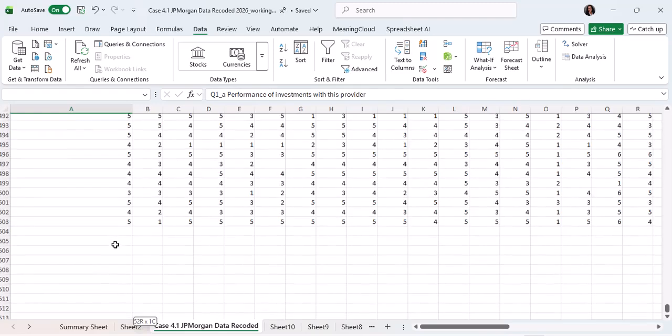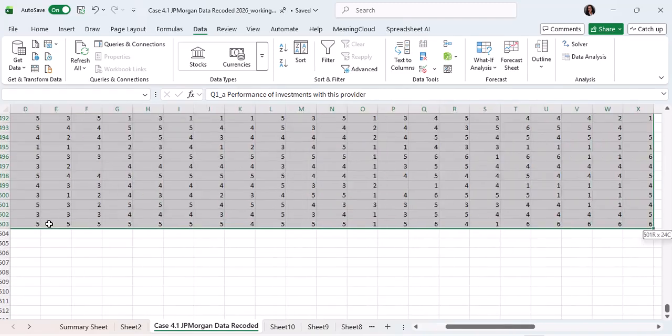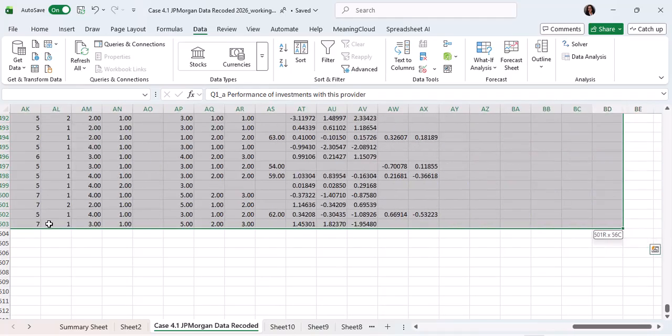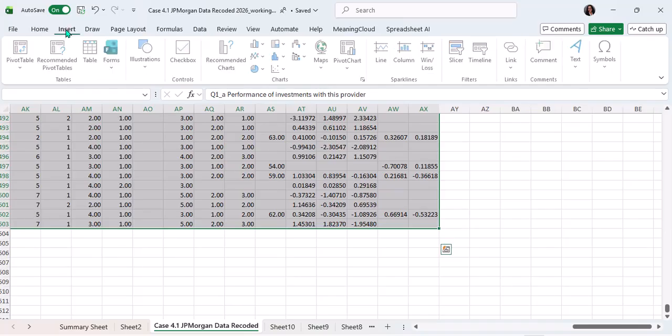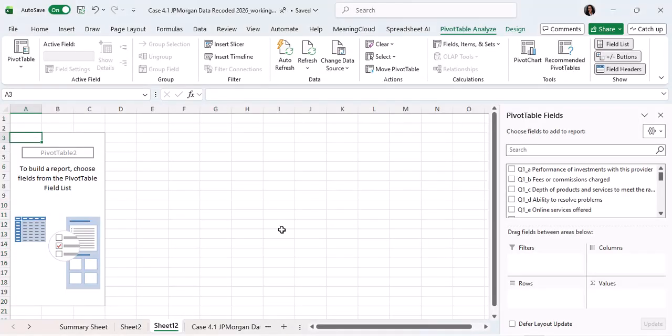And we're going to create a pivot out of our data that we have. Going all the way over to the left or the right, my other left. Insert, pivot table. And I'm going to insert that on a new sheet. Okay. So before we go to sheet number 12 to do our pivot, let's look at which questions we're looking